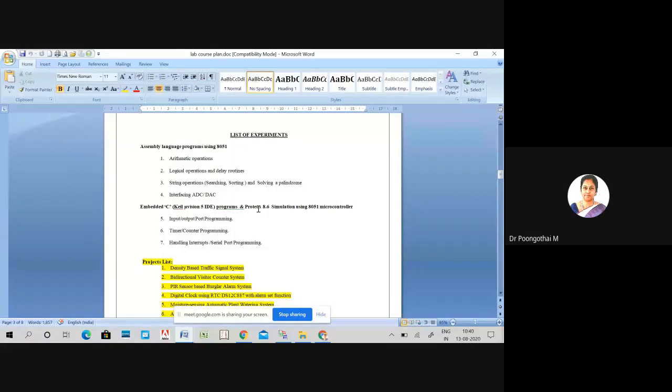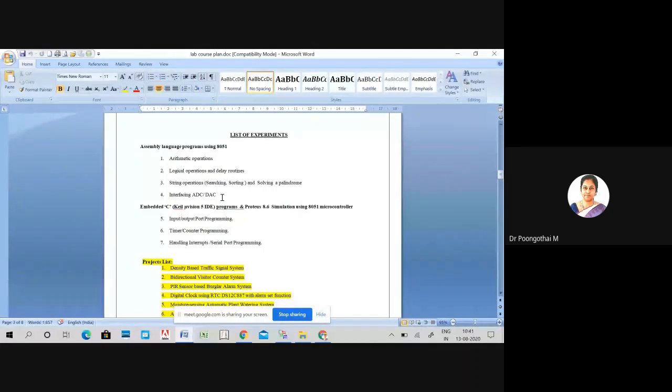Okay. So in the first cycle, the first two experiments, we will be concentrating on both arithmetic and logic operations along with delay routine. And the third one is a string manipulation program, which includes searching, sorting, and solving a palindrome.